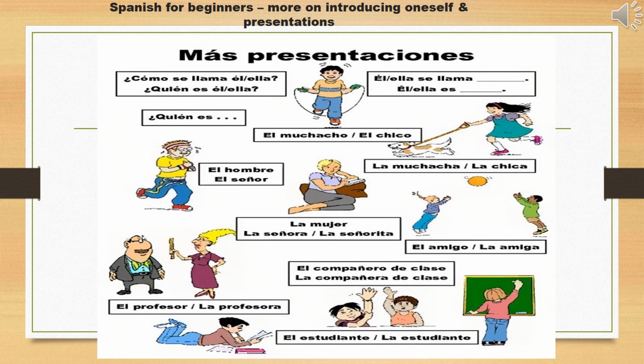Él se llama María. No, él se llama Jorge. Él se llama Jorge is George. Él se llama Jorge, and George is written